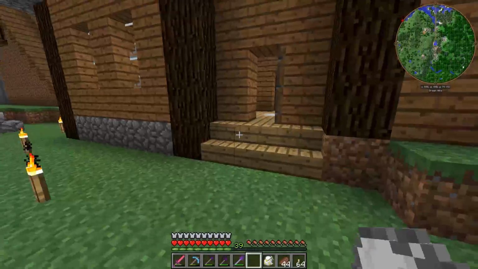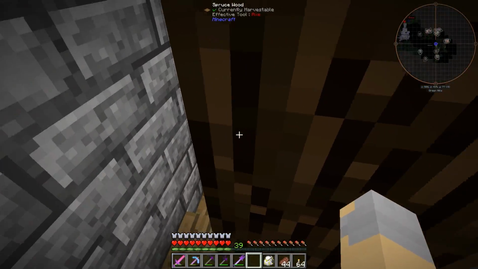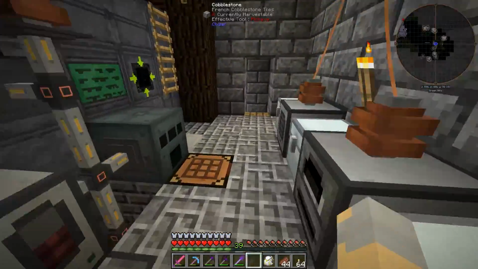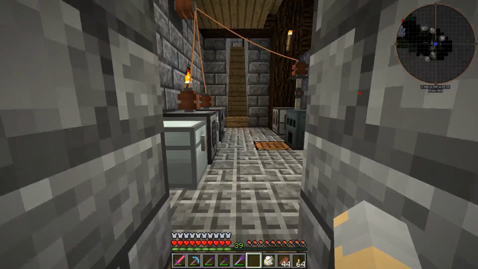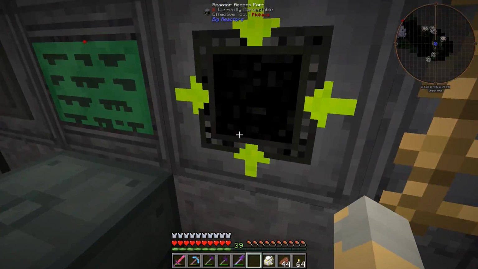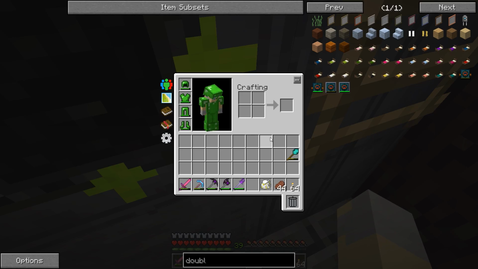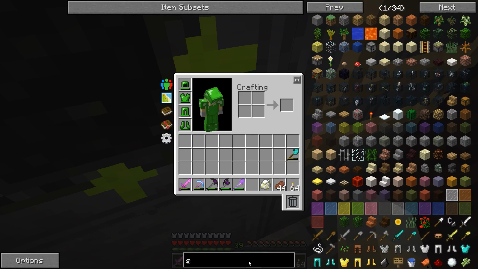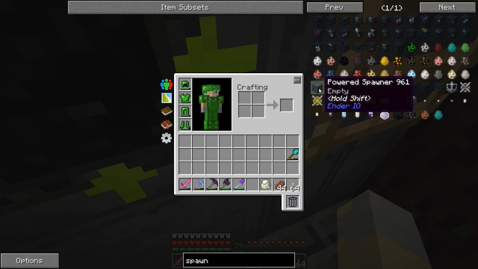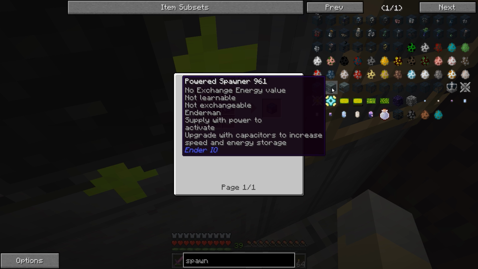Now, I think our next step, and I'm almost afraid to say this, is that we need to get into a mob farm. I think we really need an Enderman farm. We're going to have to get Enderium going pretty soon, and some of that kind of stuff. So I think we're going to go with an Enderman farm, and there's a few options as far as making spawners. You've got the auto spawner from Mine Factory Reloaded. I think we're going to go with the powered spawner from Ender.io,